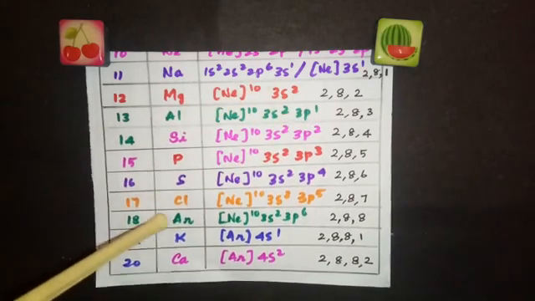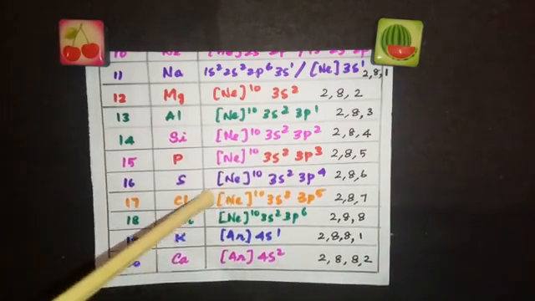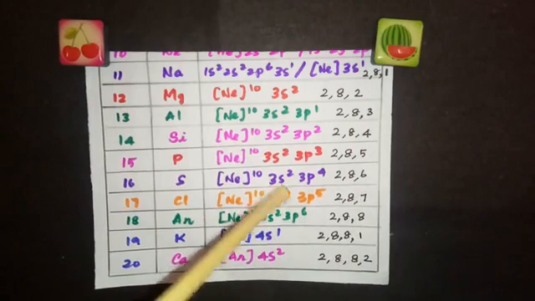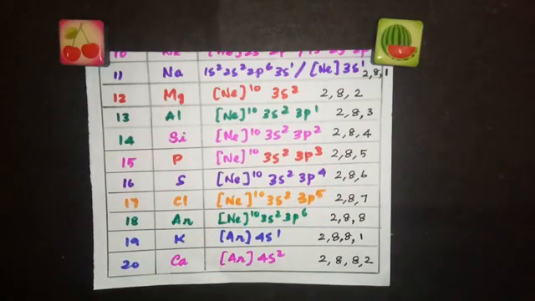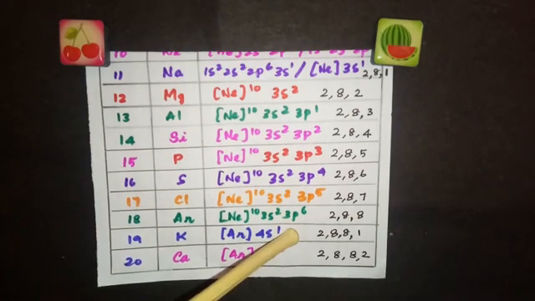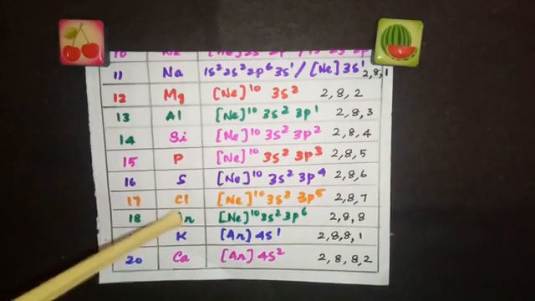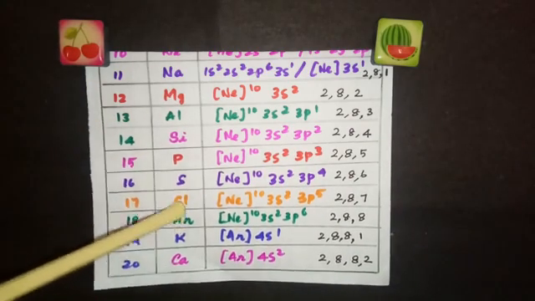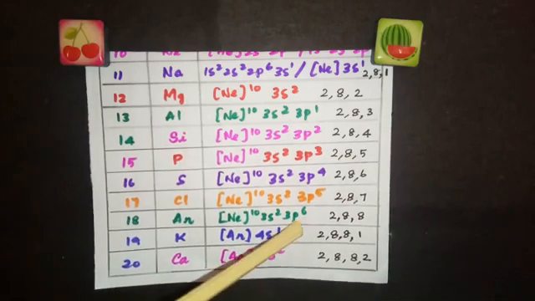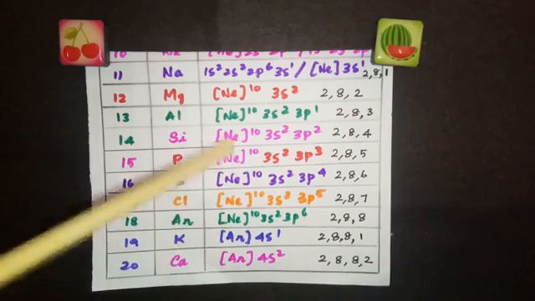Now coming to argon, there are 18 electrons. So neon 10 and then 3s2, 3p6. Now the configuration is complete here, which means p can hold only 6 electrons and that is complete. And moreover, argon is an inert gas, which means it is more stable because it has an octet configuration in its outermost shell.